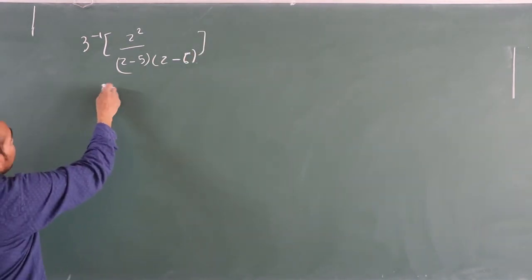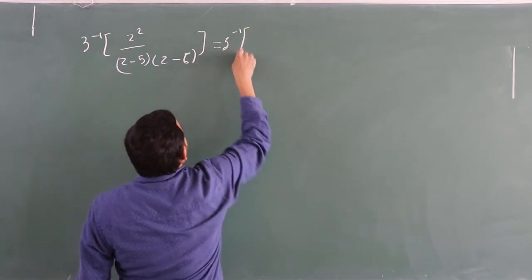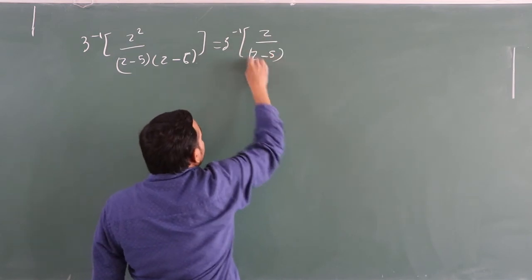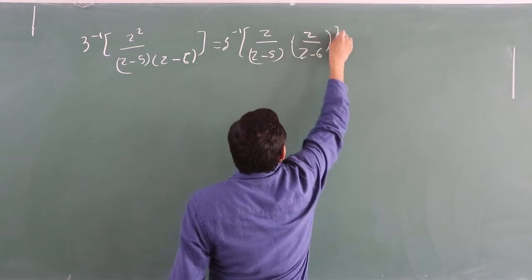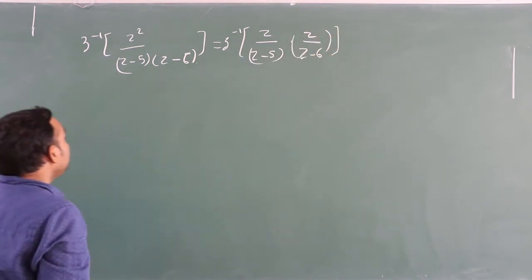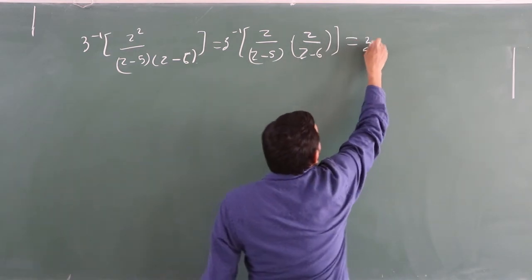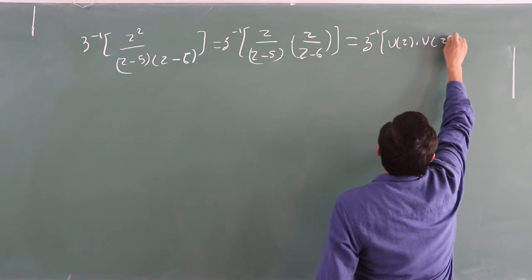So here we can write this in terms of z upon z minus 5 into z upon z minus 6,